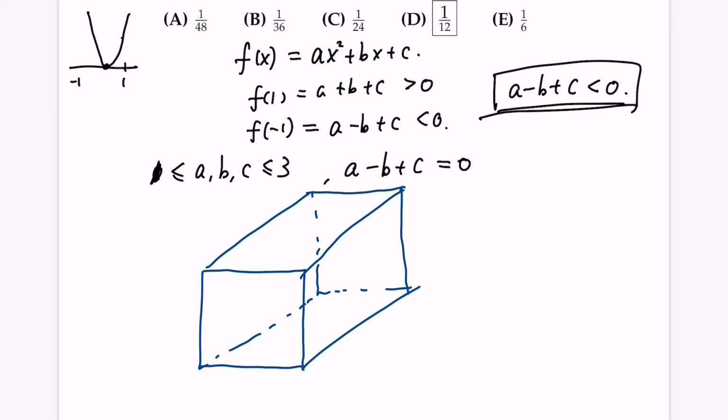So in order to see how the plane cuts this cube, the cube has altogether 12 edges. Let's find all the edges that intersect with the plane A minus B plus C. The edges can be represented by the following 12 points. We can write them as 1, 1, arbitrary C; 3, 3, C; 1, 3, C; 3, 1, C;